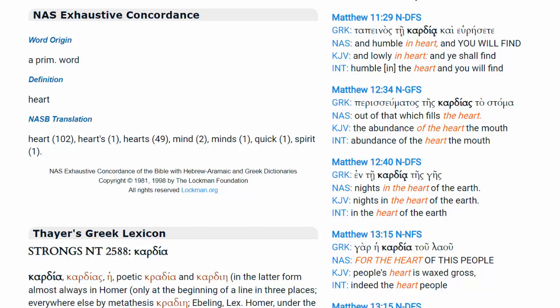I'm curious which it is that's been translated quick. What passage? There's one time where they said it's more like spirit. Now, Greek has another word that we routinely translate spirit, but there was one place where they said, this is what we think it is. So we're beginning to get a sense of the range of translation here according to the New American Standard Bible